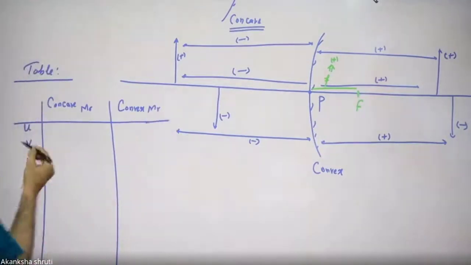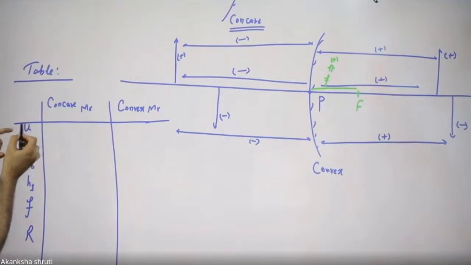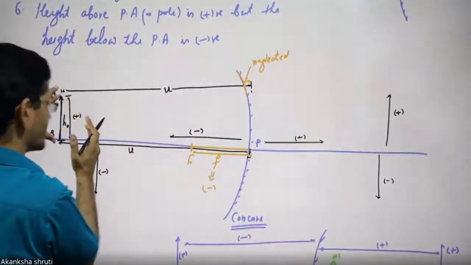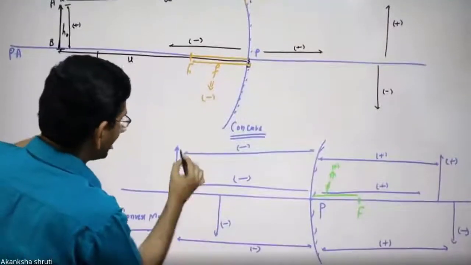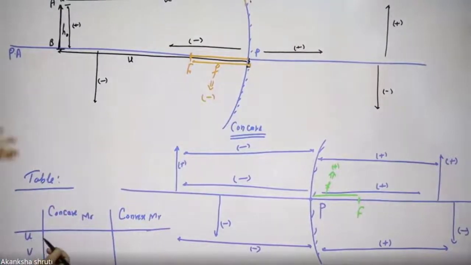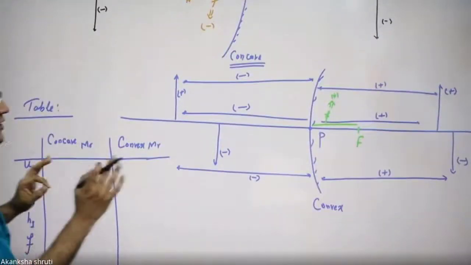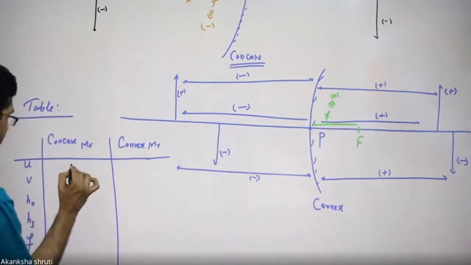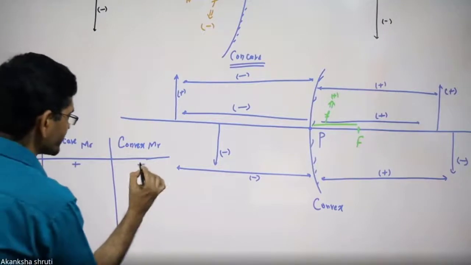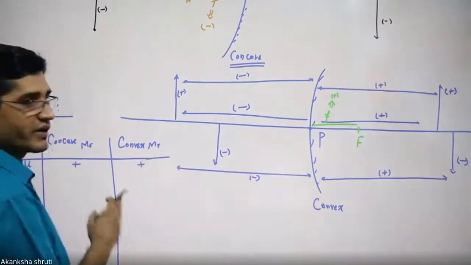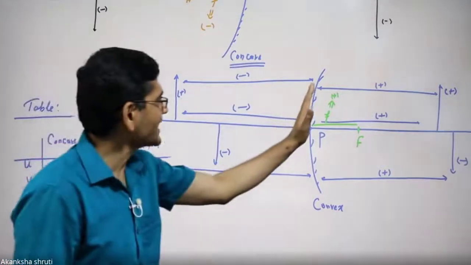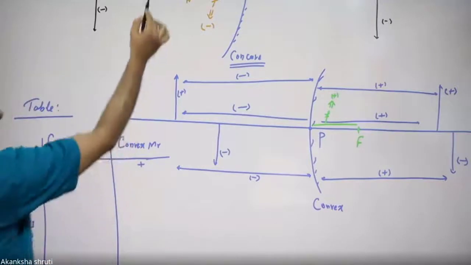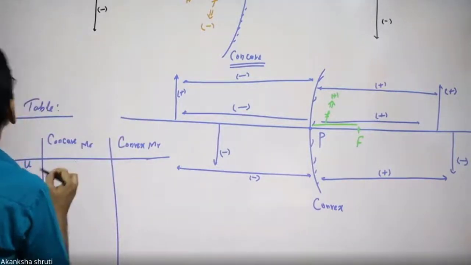Students, just as I had explained, u or the object distance is always on the left hand side. Object is always placed on the left hand side. So u in general, unless it is stated that it is placed on the right hand side, you must take it positive. It is the general convention. Is it correct? No, students. Just as I had explained, left hand side distance is taken negative. So u should be negative. Okay? So be careful.